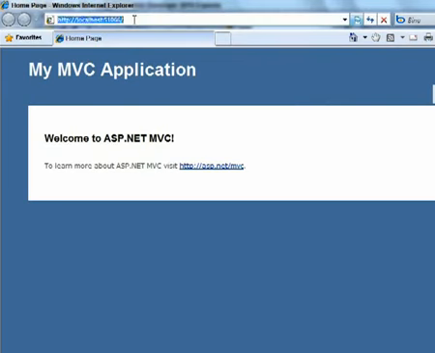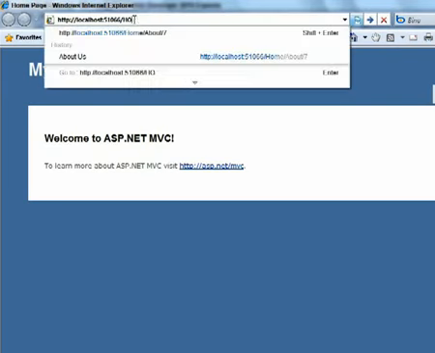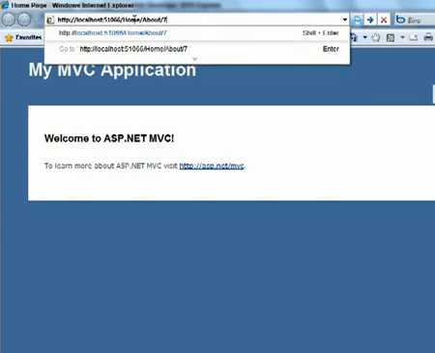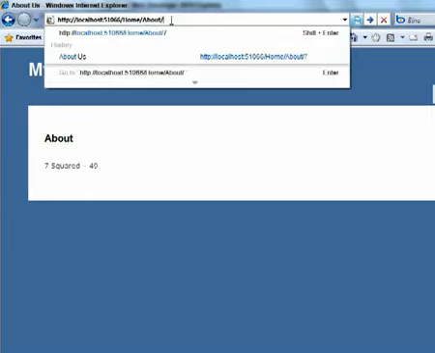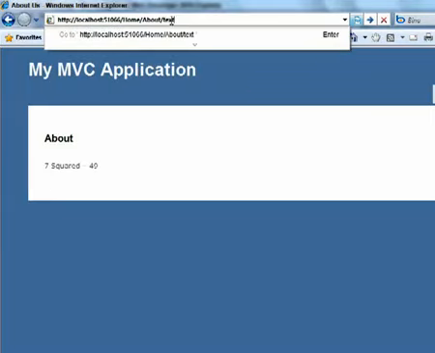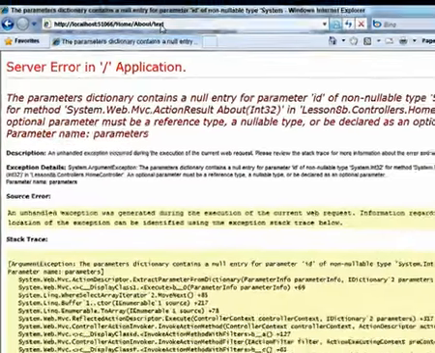We can navigate to our home about and put the number 7 in. It's going to be using the value from the address bar to figure out what the ID should be, and that's due to how the routing is done. See, if I put test, which is text, it